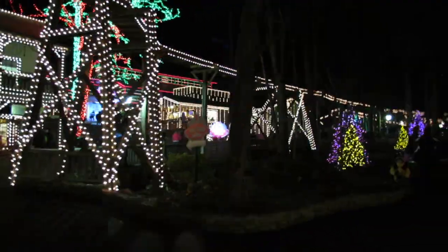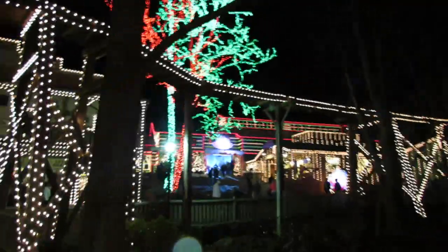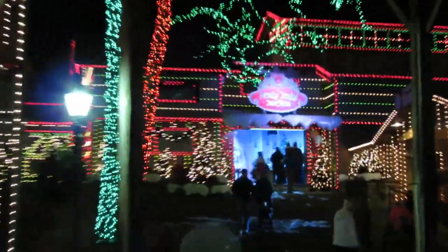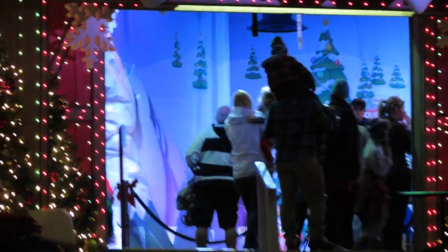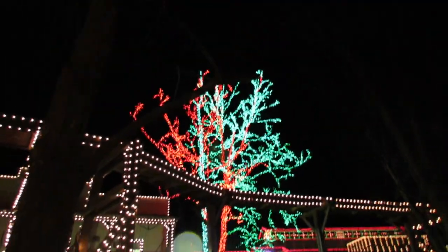Up here, that's where you would meet Rudolph if you wanted to meet Rudolph. You can see him. He's in this hole right there. You go in there to meet them, Rudolph and the Abominable Snowman. I do really like this tree. Dollywood does a good job of picking random trees to decorate. This one's all red and green. Kind of breaks up the place since it's all